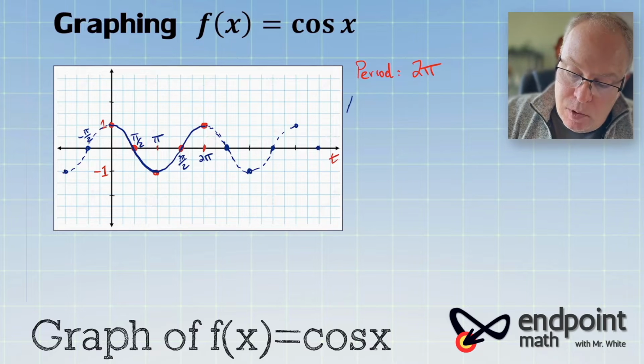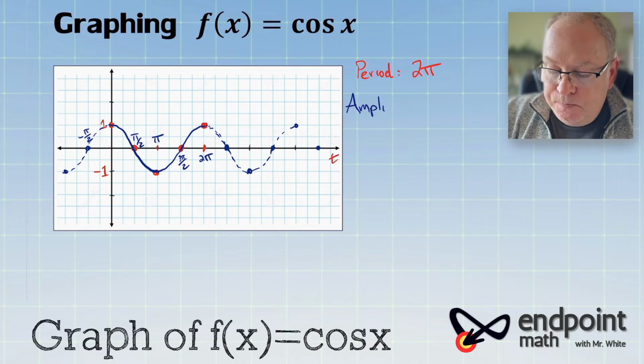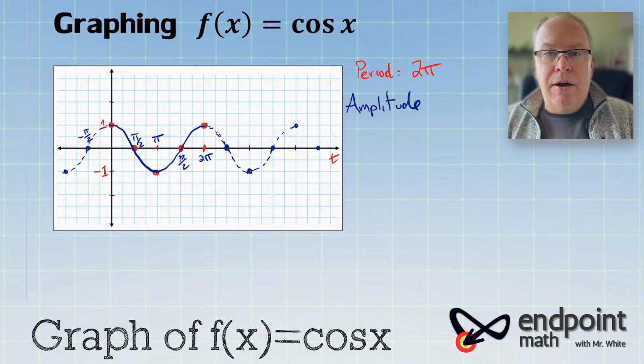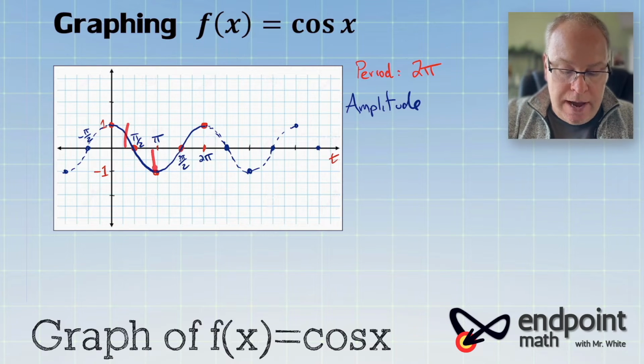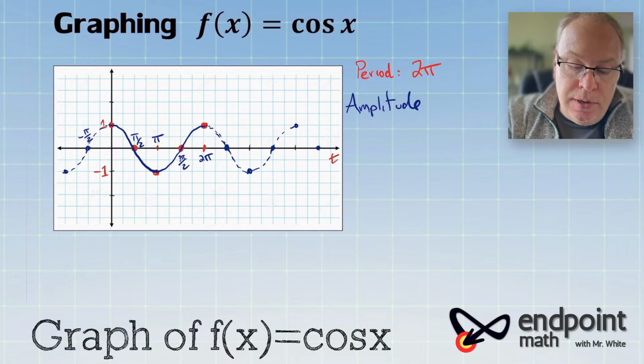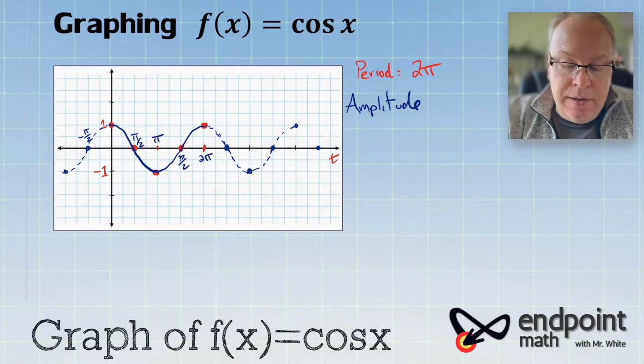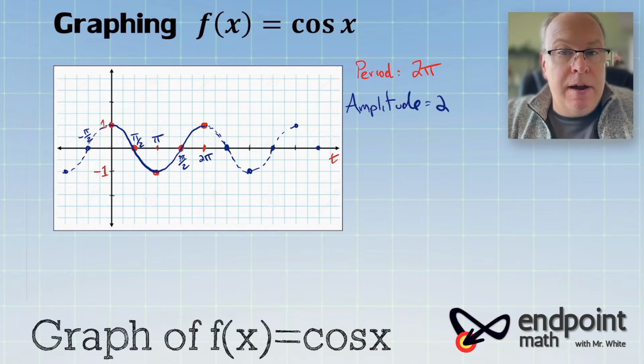I do want to bring up one more vocabulary word, amplitude. Amplitude is how high and how low it goes. So this thing goes up 1, down 1, up 1, down 1, and so on. So the amplitude is 2. The amplitude is 2. Some of them that we do today will have some different amplitudes,